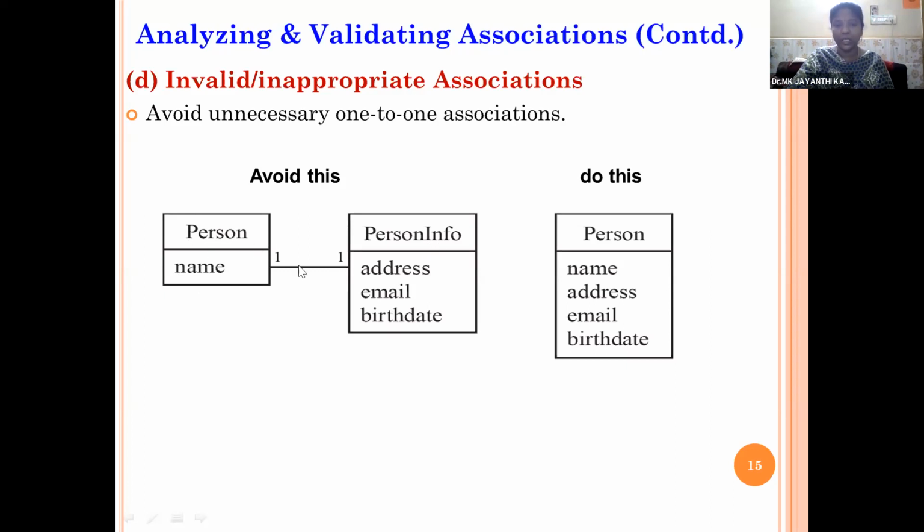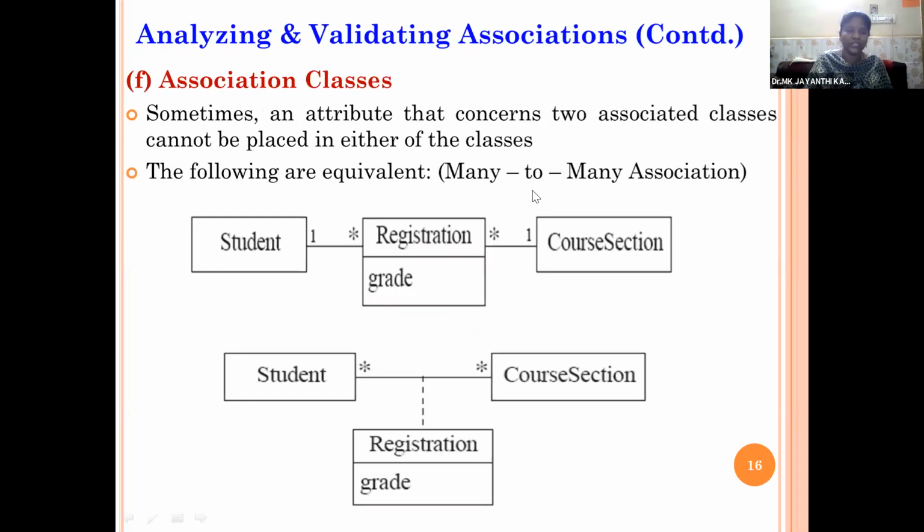Instead of making the same details into 2 different classes, we can put together all the details under the person class itself. So how to validate a class as valid or invalid: a person class can have all the attributes like name, address, email address and birthplace all together as a single abstract entity.